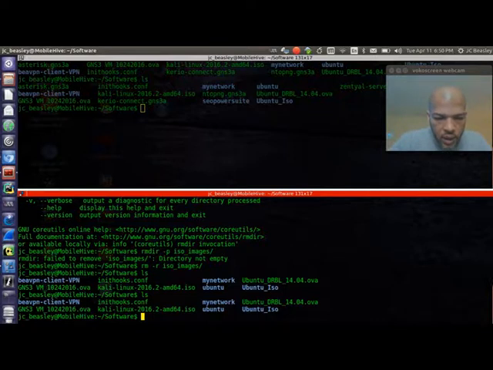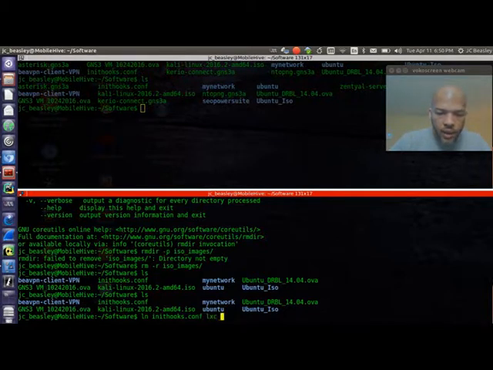There's the ln command for link. You say ln, this file, and then you give it a name. What do you want to link it to? We're going to call it